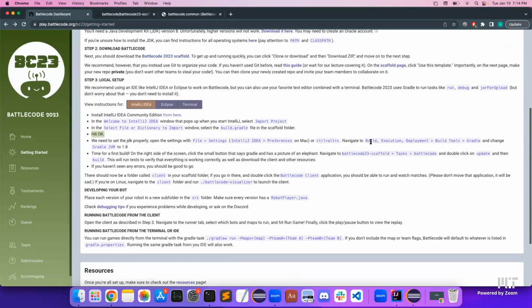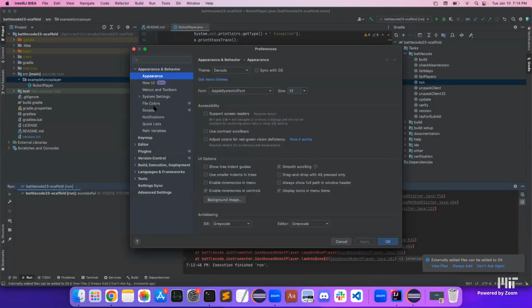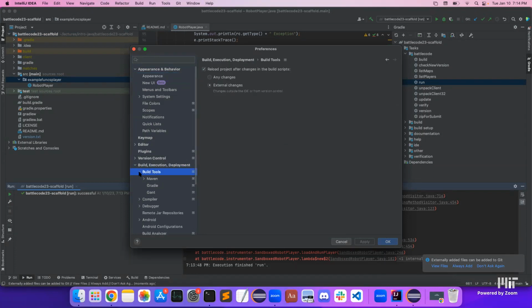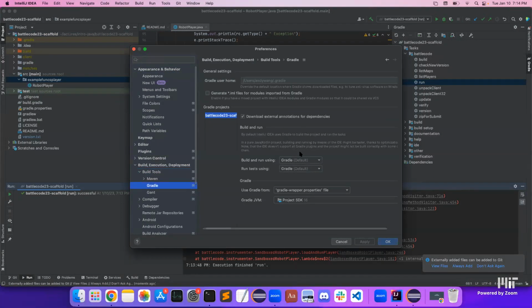And we now want to navigate to build, execution, deployment, build tools, and Gradle to select the right Java version. So under here, we just navigate to build tools and Gradle. And we can see that my Gradle JVM is project SDK 16. This means it's in Java 16, not Java 8 as you want. If you haven't installed Java on your computer before, it should default to Java 8. If you already have a pre-existing installation of Java like mine, you'll need to change this to Java 1.8 and apply this just to make sure that we are running in the right version of